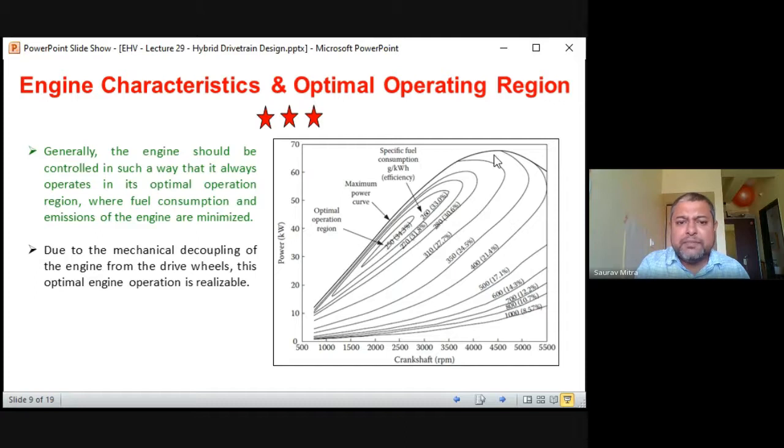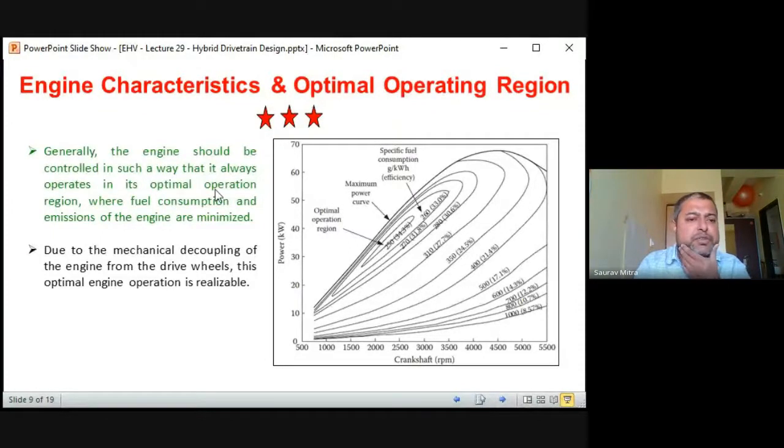You are finding here the power output is more, but in this case the efficiency of the system will be less, because you are finding here efficiency is 34, 33, 31, 30. So as you are increasing the speed, towards the higher speed, you are finding efficiency is less. This is 1000, but efficiency is very less. So this is something you have to understand.